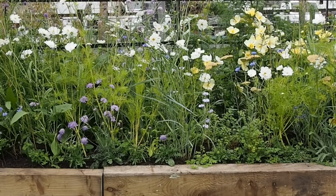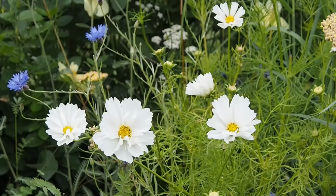Anyone who's been following my garden tips and tours from the month will know that I've been trying to grow two small patches of mini meadow wildlife-friendly lawn in the front garden, and it has been a bit difficult, and I think it can be difficult to have small patches of meadow lawn. And Tina says the answer is to have a meadow-inspired border where you use some meadow flowers mixed with some